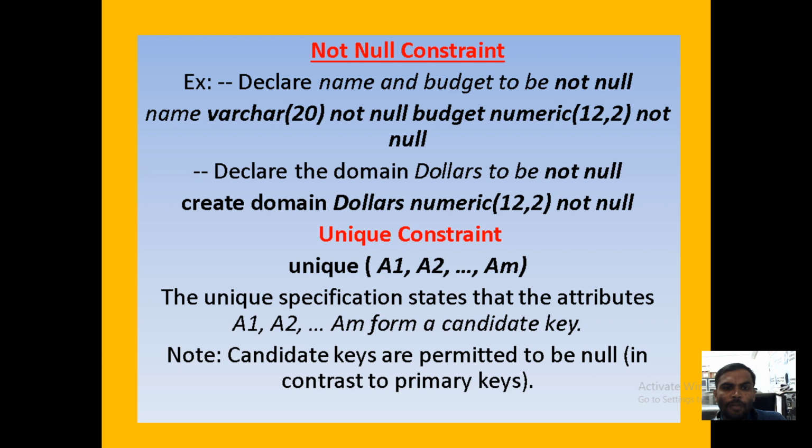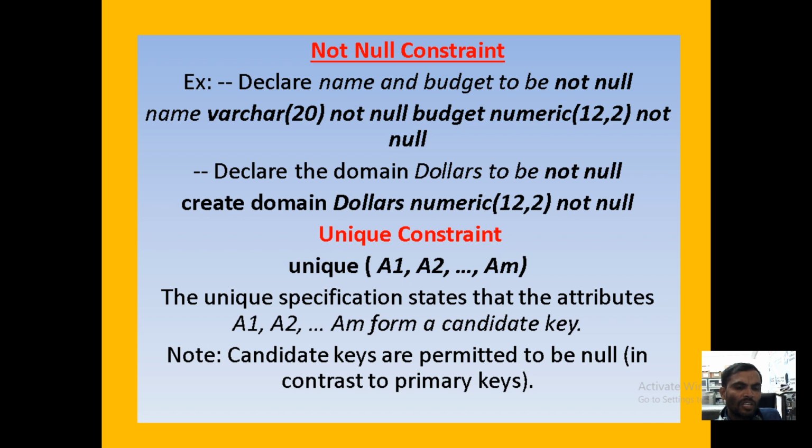The student name may be repeated. For the budget also, similar values will be there, but a null value should not be there. Coming to the name also, not null. Under the budget, numeric 12, 2, not null. Again for the name also not null. Student name will be there, a null value will not be inserted. For the budget also, the condition they have given is up to 10 digits, and we should not insert null values.